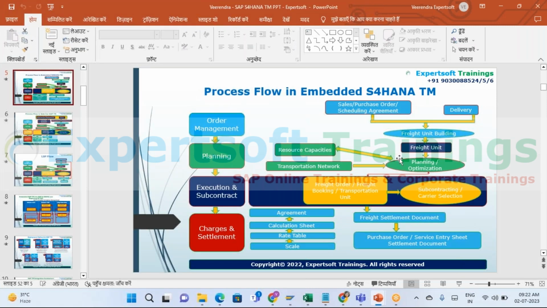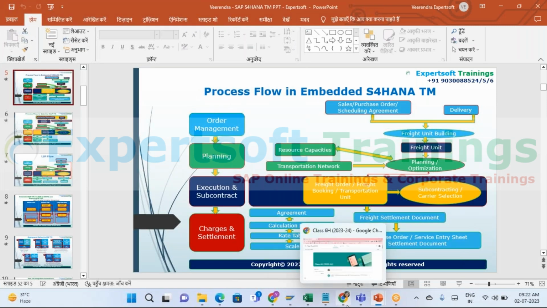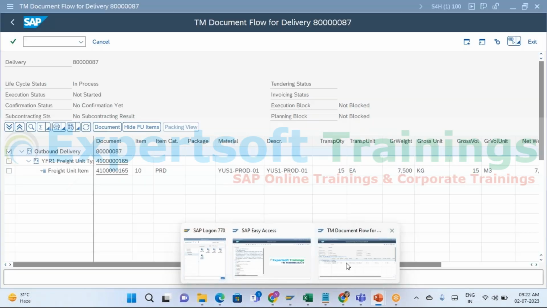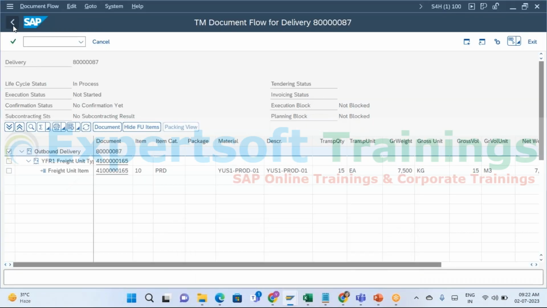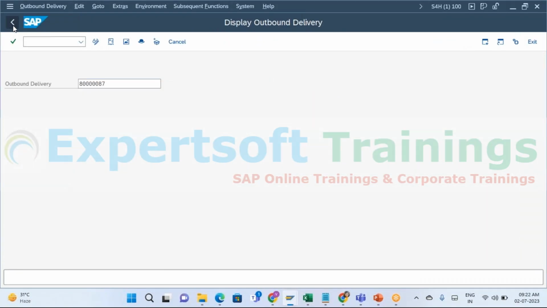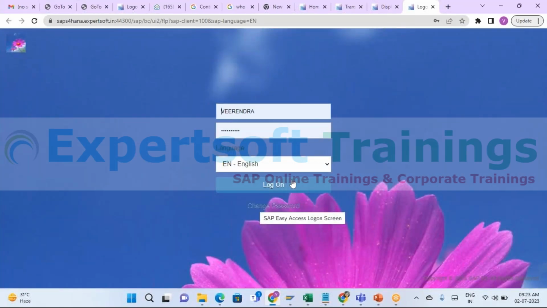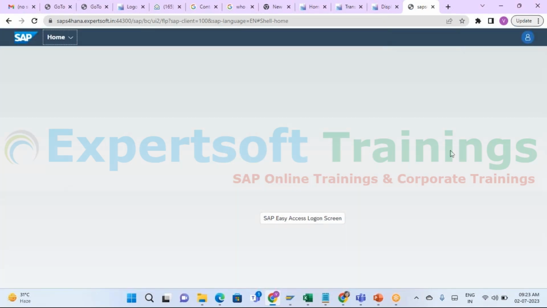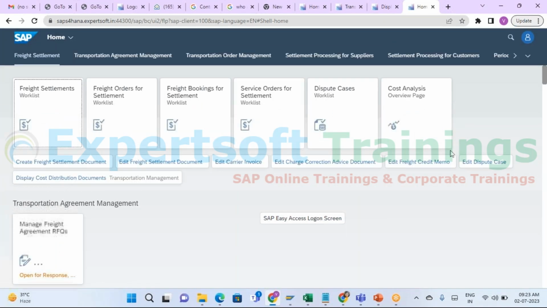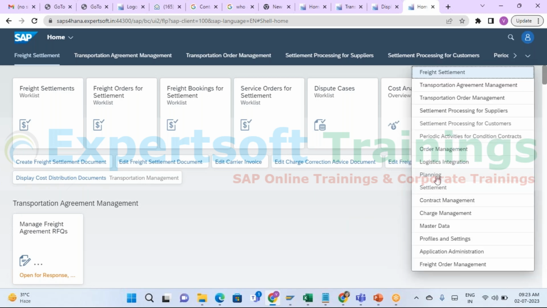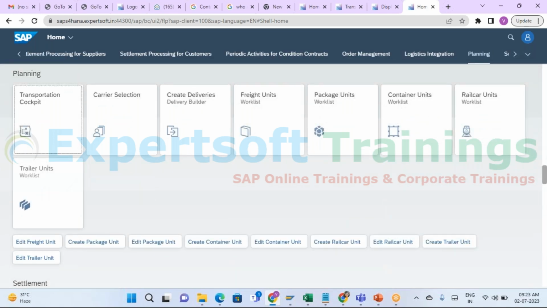Now, the next part is the planning part. In the planning, if I go back, yesterday I showed you this cockpit part. I'm going back here again. So when I go to the transportation cockpit, and if I click here, planning cockpit,